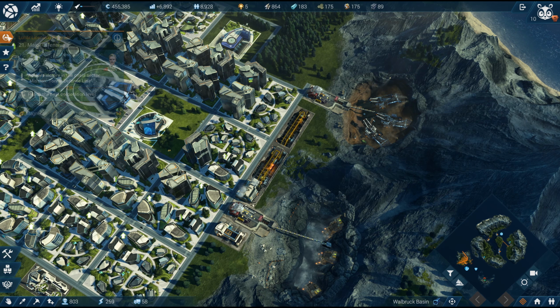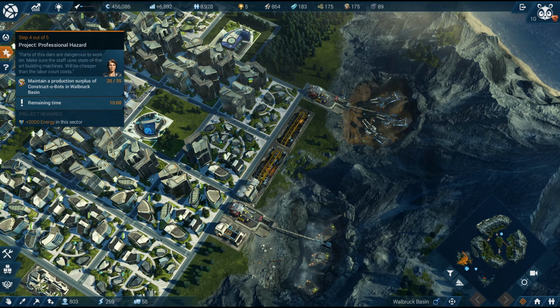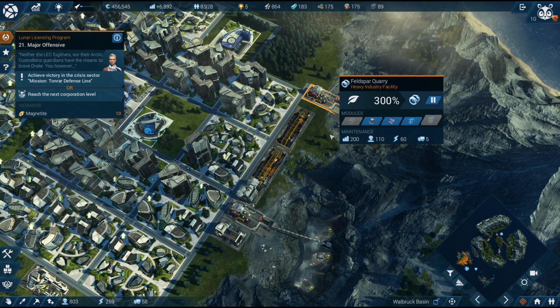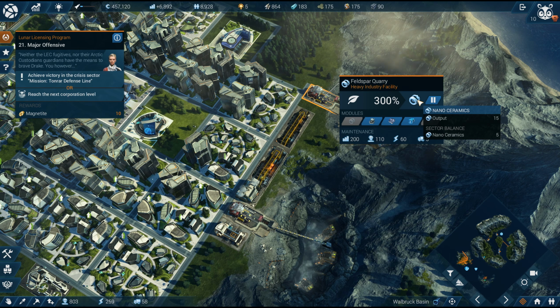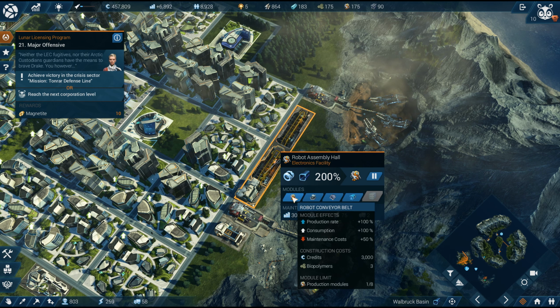So what we wanted for this area was to maintain a production surplus of 35. Okay, so this area, you are currently producing, you've got 5 balance, and you are currently producing 20. Depending on what you use would...